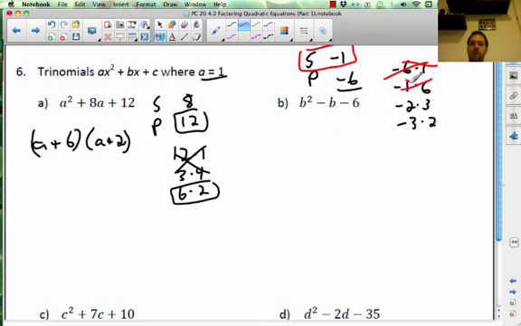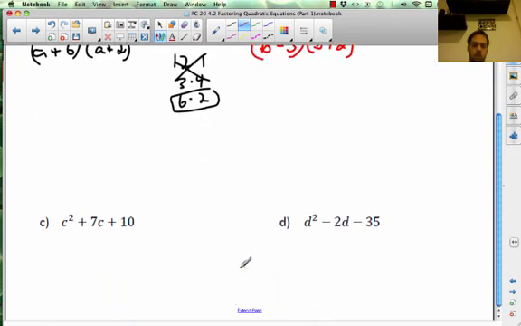That's minus 5, that's positive 5. This is positive 1. If we had had a plus here, these would have been the ones we were choosing, but we want a negative sum, so the negative number has to be the bigger of the two. And then we just write it as b minus 3 times b plus 2, and we're done. Alright,